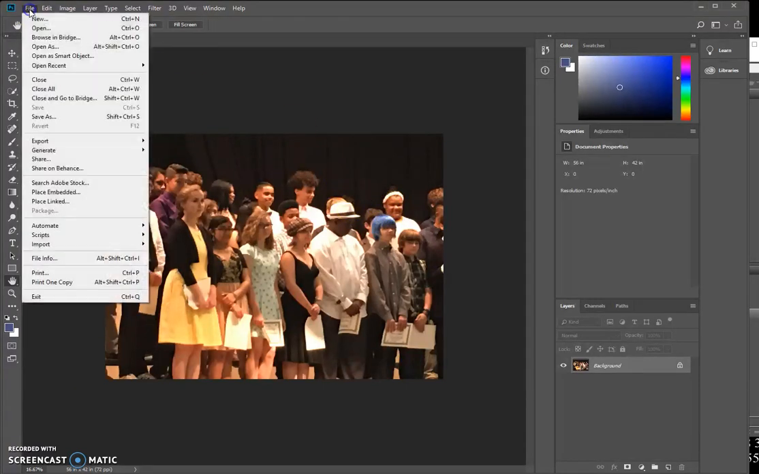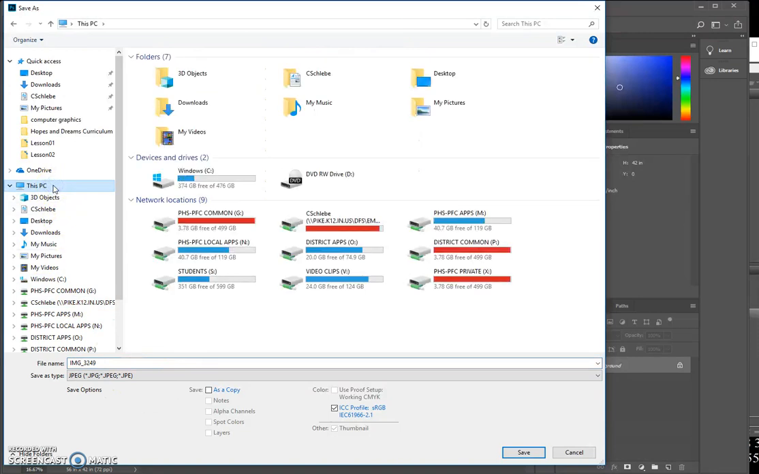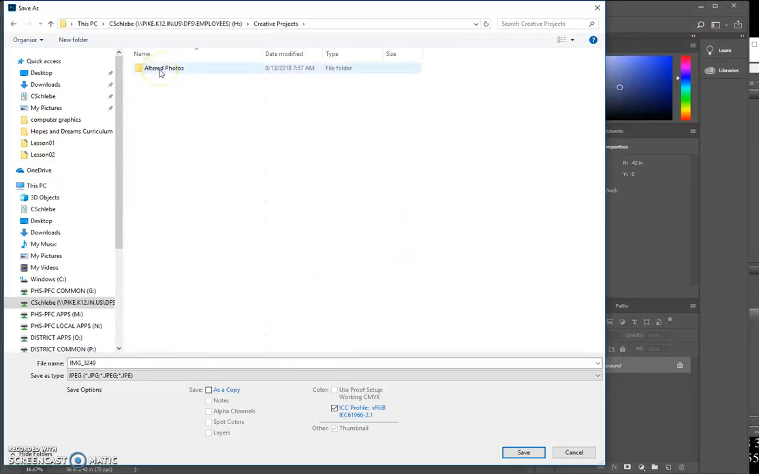So I'm going to go to File, Save As, and then you need to go to your H drive. Remember, my H drive says C. Schlebecker. Your H drive has your ID. Then you need to go to your Creative Project folder. Okay, as long as it says Creative. You guys made this folder the first couple days of class. So open that up. And then yesterday you made a folder called Altered Photos. Open that up, and then now I'm going to save this particular project as color correction